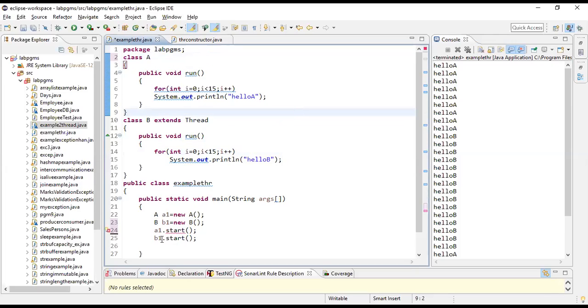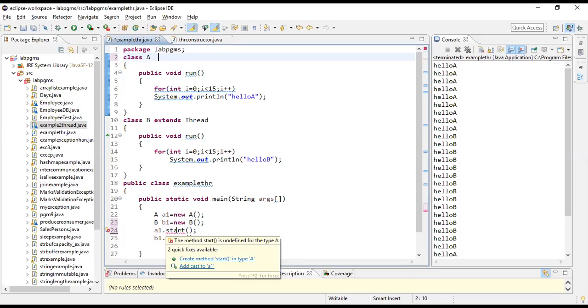So for example, if I remove extends Thread here, observe, immediately you can see that there is an error. What is happening here? I have removed extends Thread. When my class A is not a thread, then there is no question that it can call the start method. It will be undefined. Your thread is actually associated with the start method. That is the reason when I remove extends Thread, it is raising an error. There is no meaning for start now.